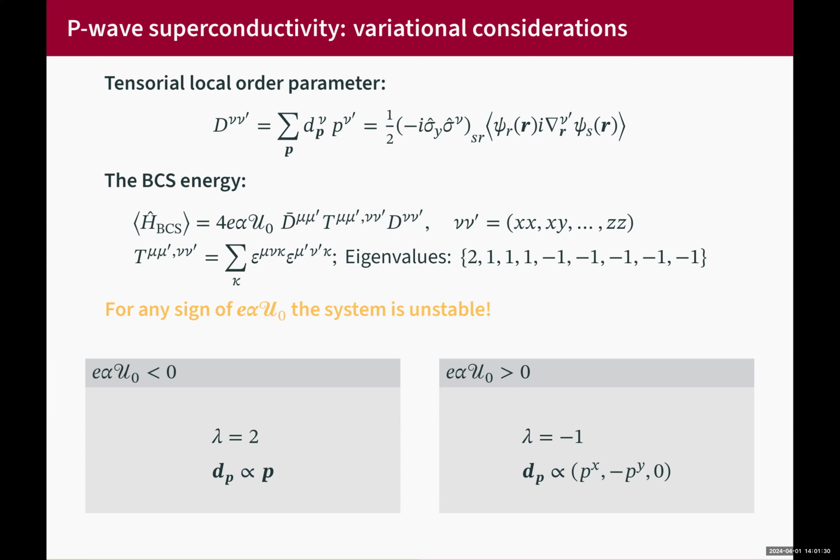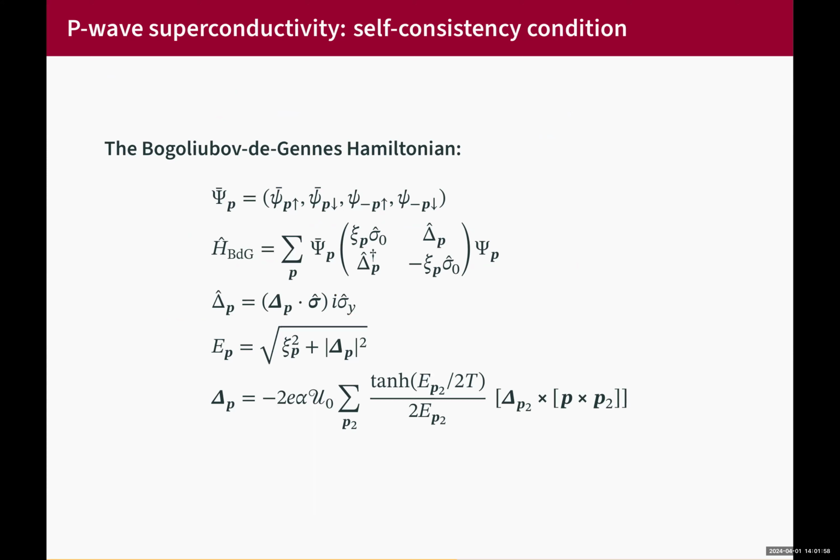So this two eigenvalue wins for negative alpha, and this corresponds to the anomalous average proportional to P, the isotropic solution. And for the other sign, for positive alpha, the solution becomes anisotropic. So the symmetry is broken spontaneously. But this is just kind of a linear analysis. We should probably come to the